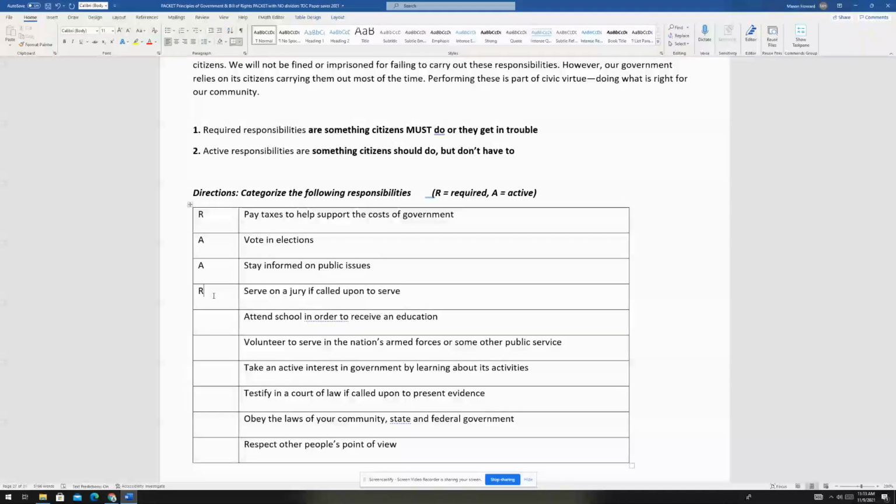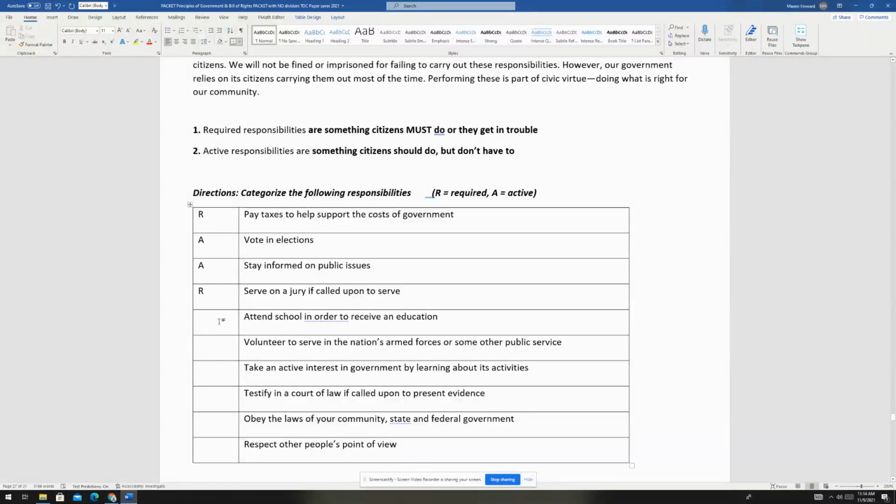There are other reasons you don't have to go to jury duty if you're taking care of an elderly person, if you have a certain medical condition, or else, yeah, you don't have a choice. Miss Grissom said, look, I can't go on this jury. I have to pick up my kids every day from school. I have to take them to baseball practice. And the judge said, too bad. This is your responsibility as a citizen. You don't have a choice. You're required to go to jury duty, and if you're chosen, you are required to serve on that jury. Attend school in order to receive an education.